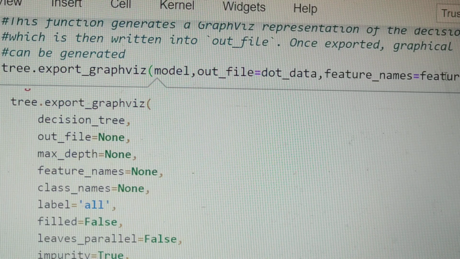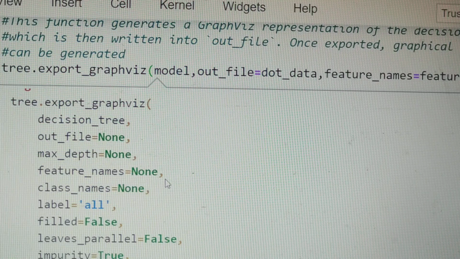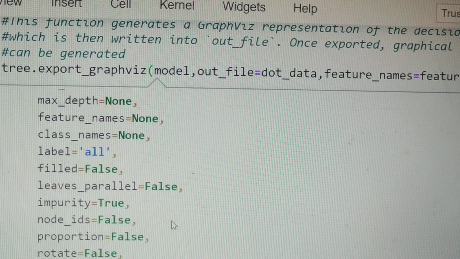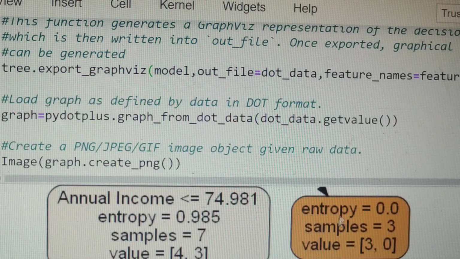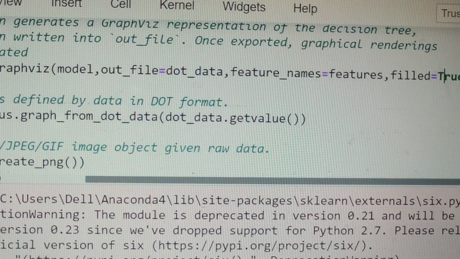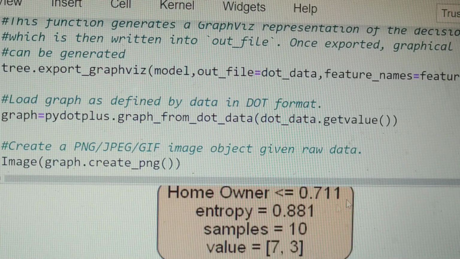So we have given the feature names as features that we have already defined, and then filled, if you want the fill to be true. Filled true means the boxes will have some color. Okay, and then rounded equal to true means the boxes that you have are rounded.